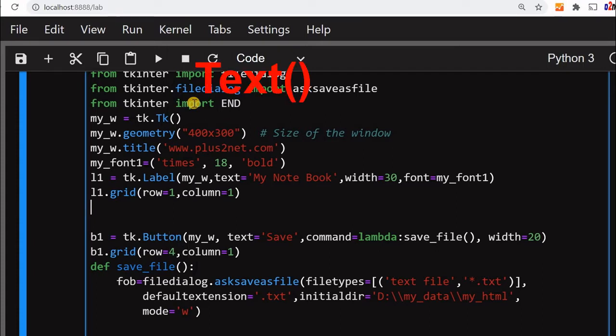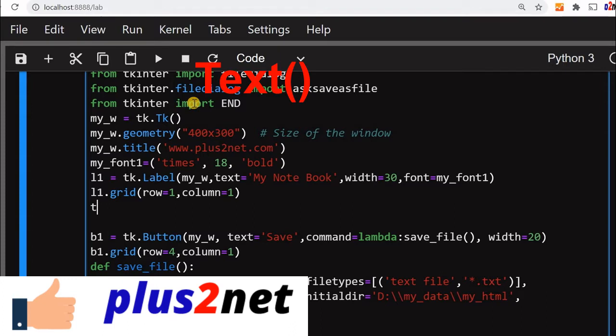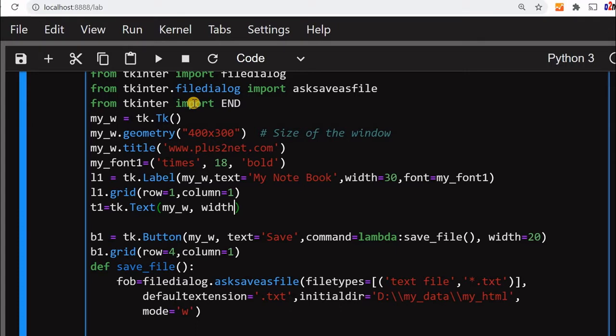So above that one, before the label, we'll declare our text box. We'll say t1 equal to tk dot Text. Now the parent window is myW. Now we are giving some width to it. Width is 40, and here we are giving height equal to 3, because 3 lines of data.